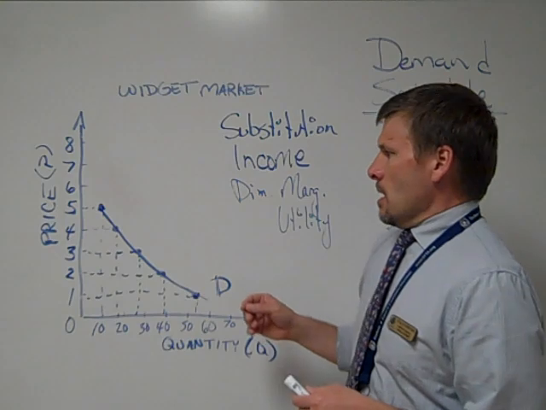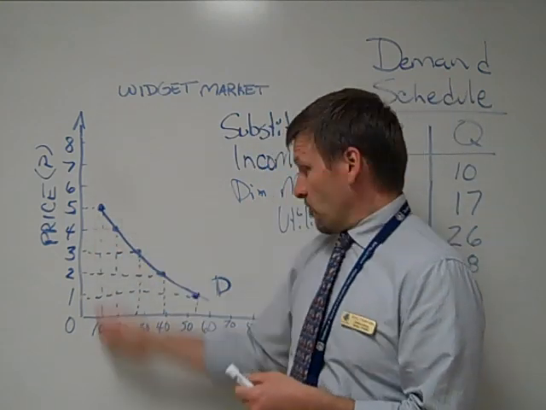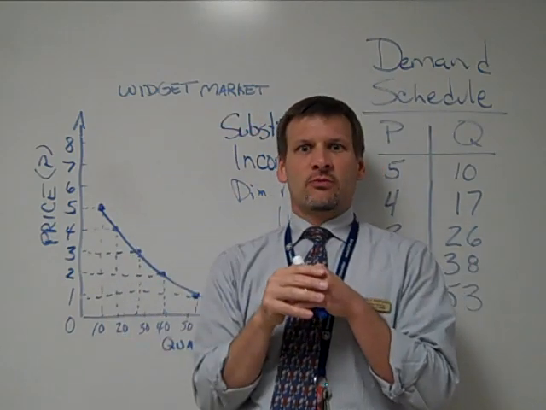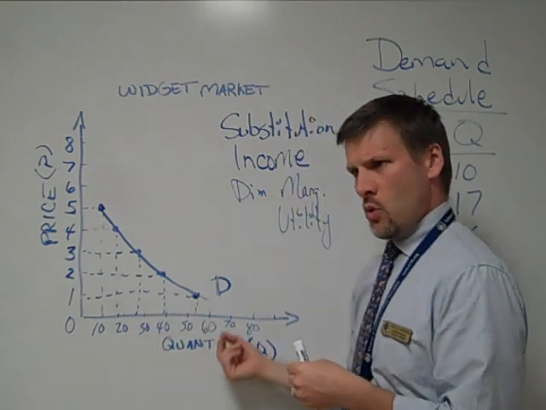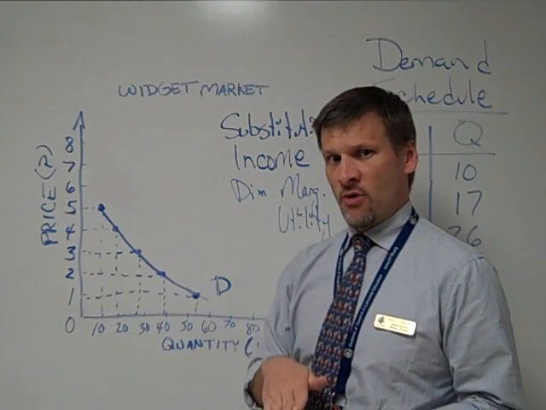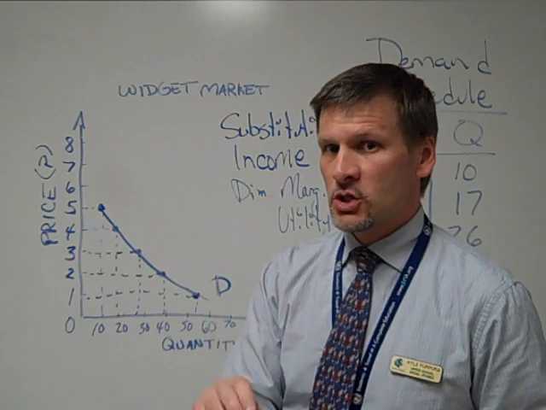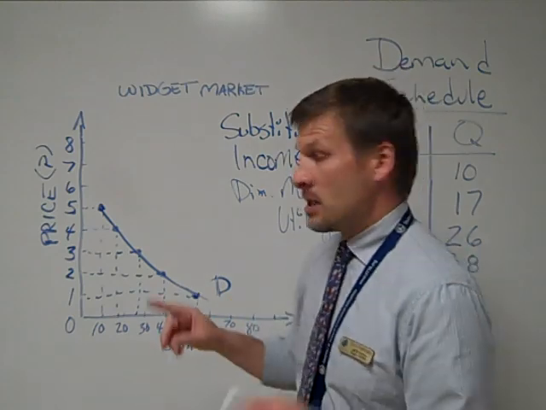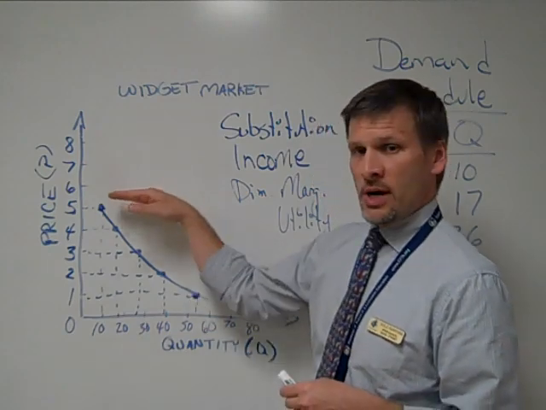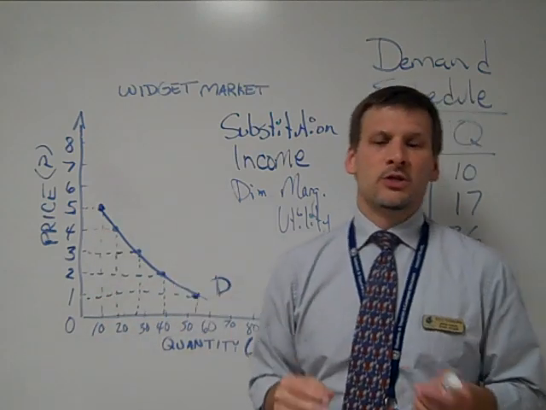So if I purchase the first unit, in this case 10, I'm going to derive a high amount of satisfaction from that. But I know that as I consume more and more units of this, I'm going to derive less and less satisfaction from it. So I'm not willing to pay as much for the additional units. Think about it. That produces a situation with high price, low quantity demanded, and then low price, high quantity demanded.